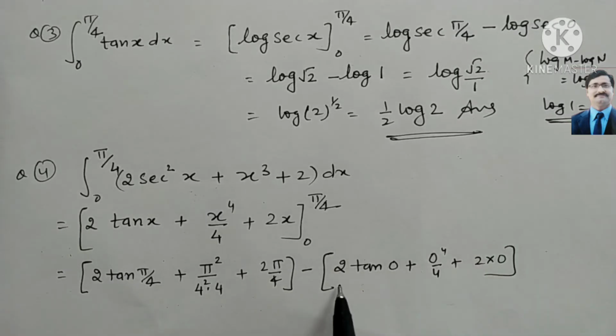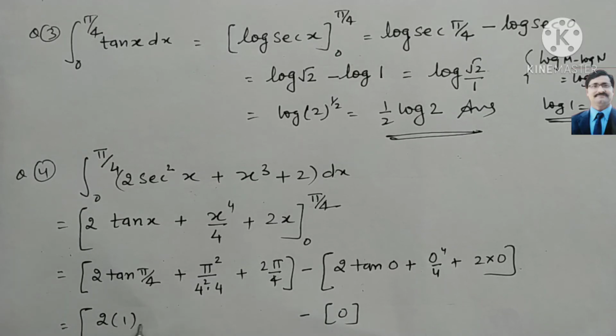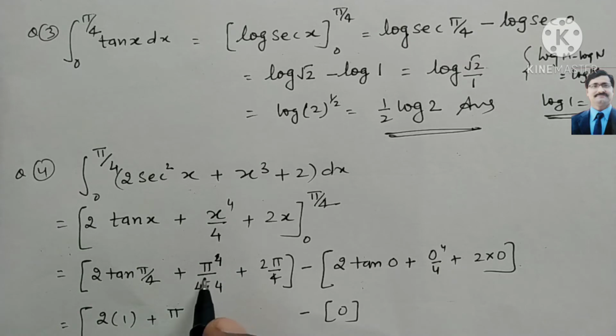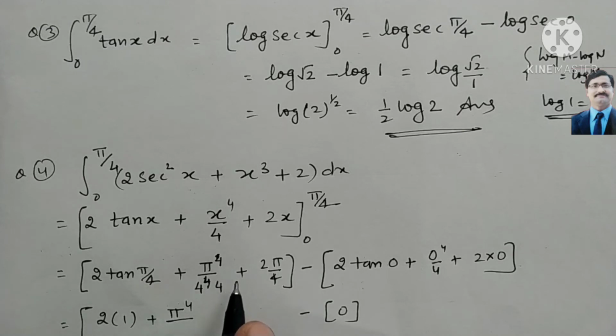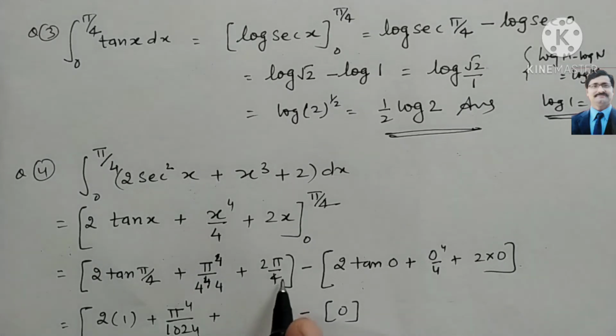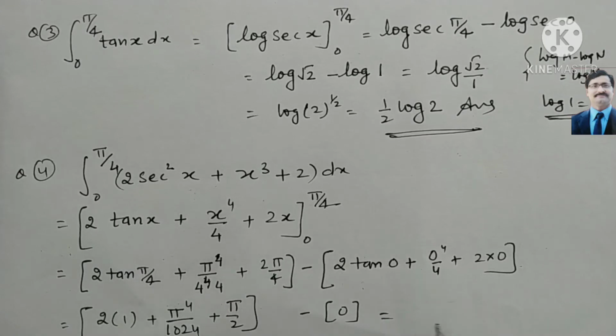Okay, look here, these will all be 0. And here we have tan pi by 4 is 1, so we can write 2 into 1, and then pi power 4 upon 4 power 4. So pi power 4 and 4 power 4, which is 1024, and this we cancel, we will have pi by 2, and this is 0, so we will get